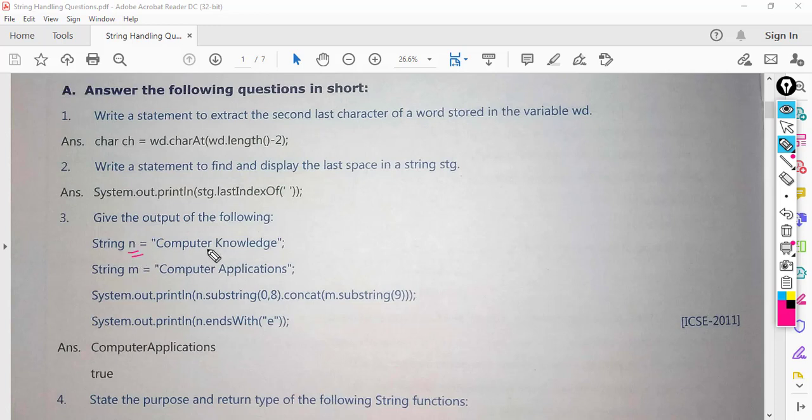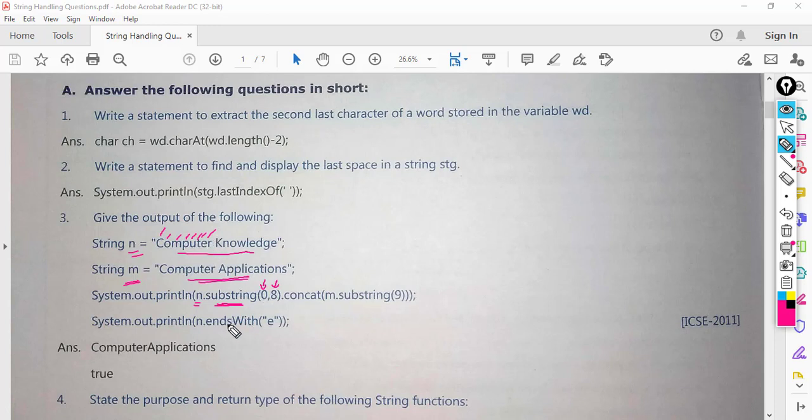Then in string n we have got computer knowledge as a string, and in string m we have got computer applications as the string. Then we are calling the substring function using the object n. Substring will start from index 0 and go up till 8 minus 1, that is from 0 till 7. So 0, 1, 2, 3, 4, 5, 6, 7.